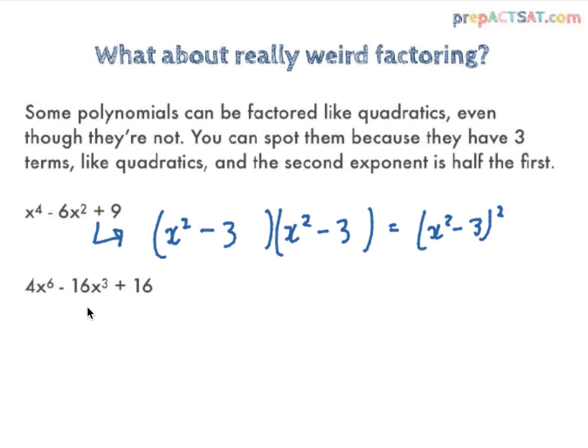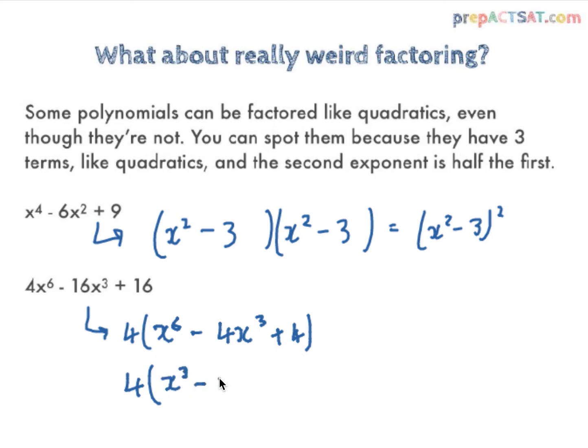This one here, if you're really paying attention, you'll notice that I pinched this one straight from the previous page. So it's a perfect square. Actually, I pinched both of these from the previous page. Let's factor out the 4 first, okay? Whoops, sorry. So I've got x to the 6 minus 4x cubed plus 4. Okay, so the way this factors, x cubed minus 2